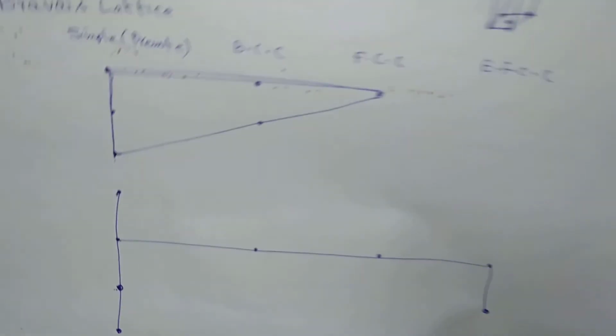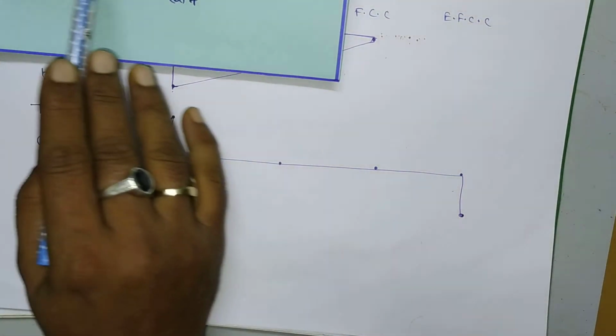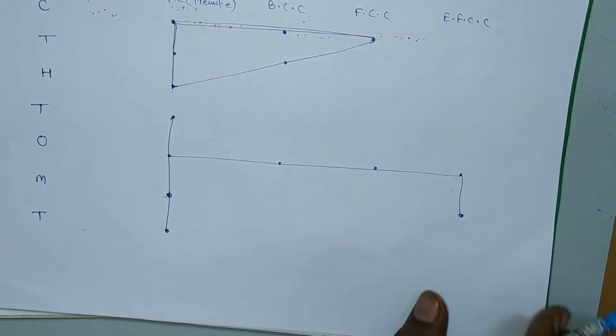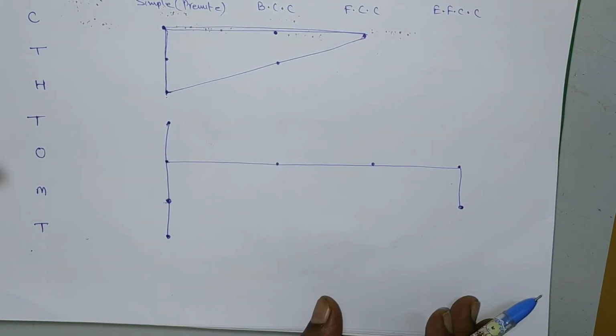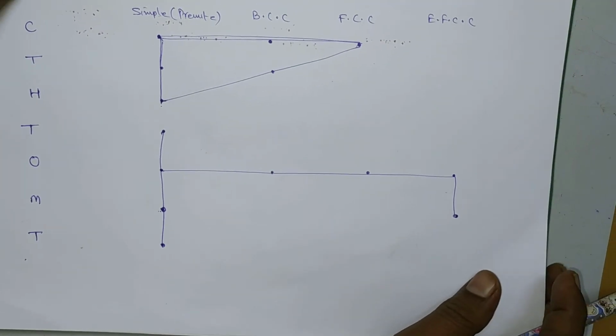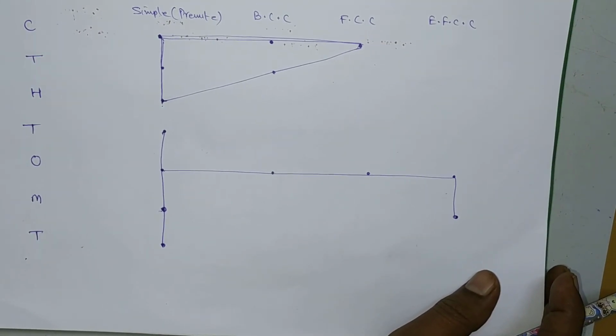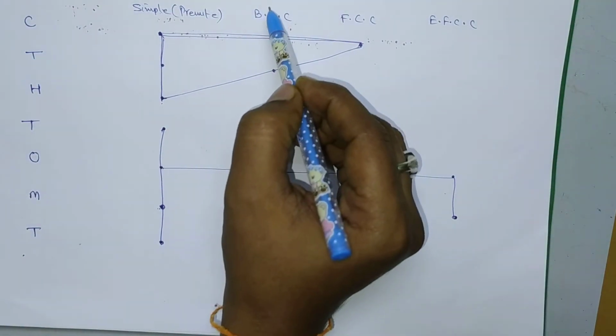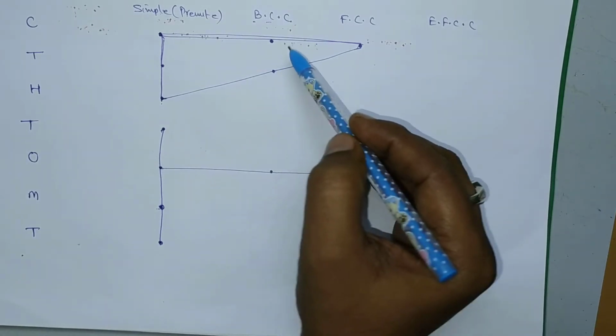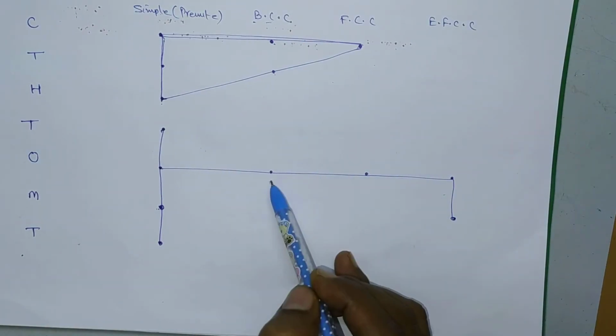So here, out of 7 crystal systems, how many have body centered cubic structure? So here it is CtH2O Mt. You have to remember like this. So you have to go through the previous video by that link. So here, how many have body centered unit cells? So body centered, this is body centered cubic structure. So how many of there? 1, 2, 3. Here only 3 are there.